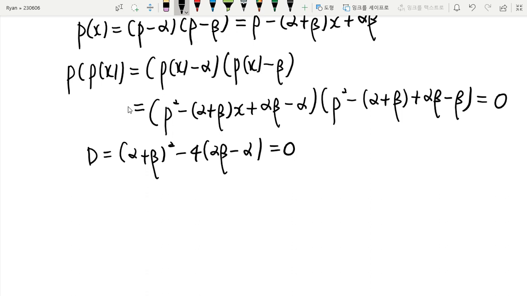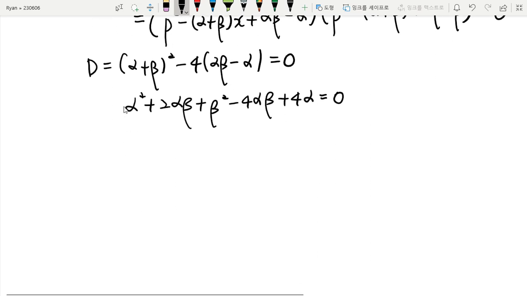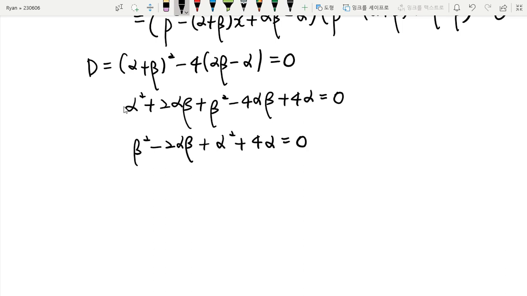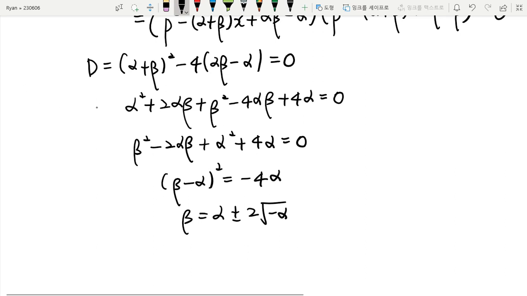So if we solve this equation by opening the perfect square, let's see. Okay. We can solve this equation for beta. So we can make another perfect square like this. So this is the equation for the relationship between the two roots, alpha and beta. And then